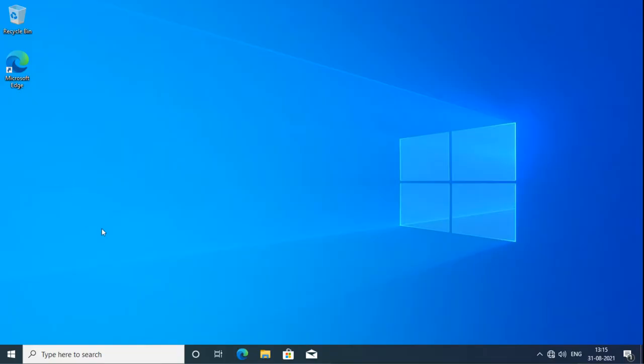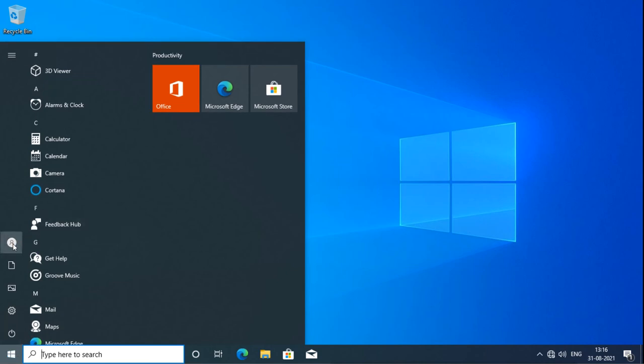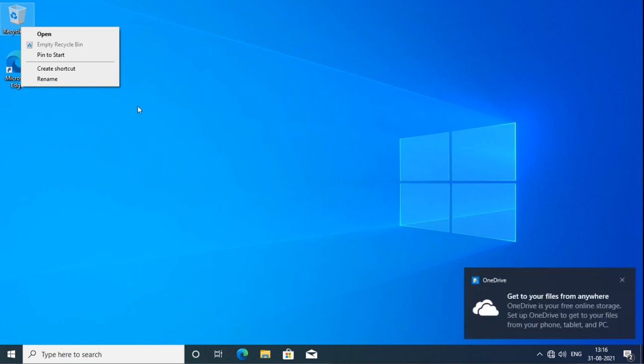Okay, I logged in as user 1 now, and this user is under the Mumbai OU, so the policy is going to be applied here. Now I will try to see the recycle bin properties, and you can see the recycle bin properties are not showing here. Why? Because of the policy. The policy is applied here, and this user is not able to see the properties of the recycle bin.